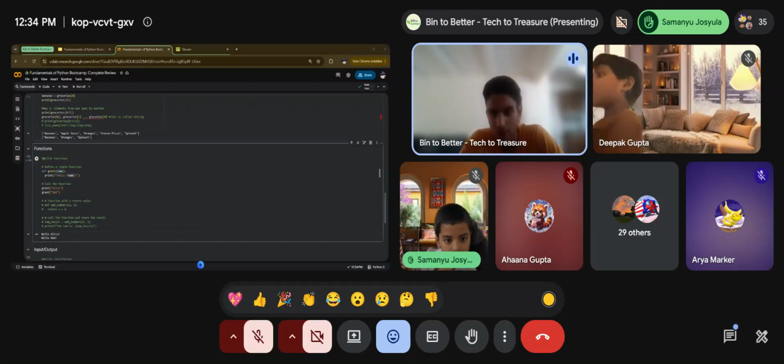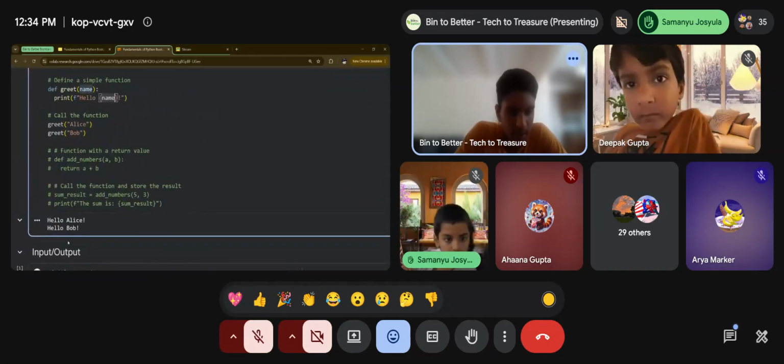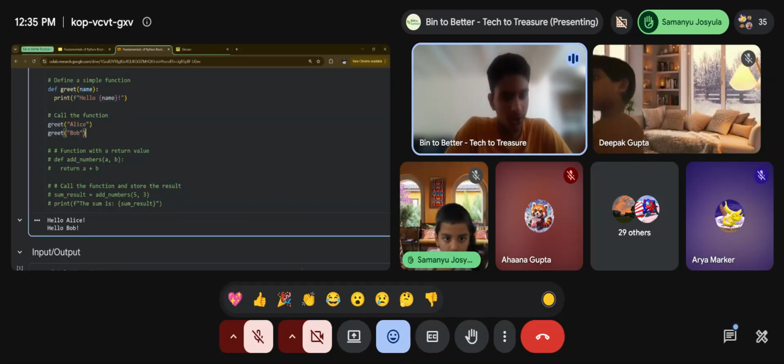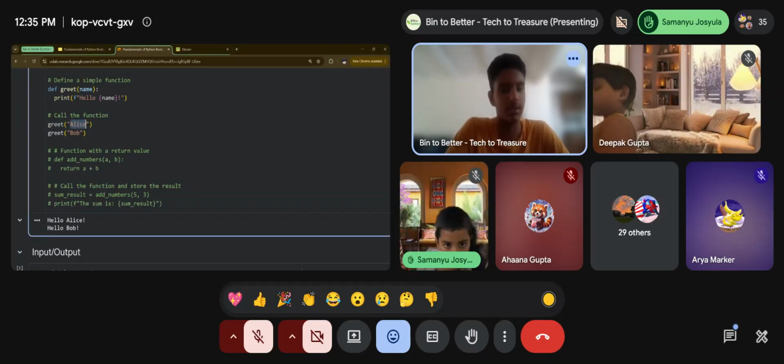Let's see what happens. Okay, so now our output here, as you can see, is hello Alice and hello Bob, right? Now, if you notice here, when we're calling the function, we are giving it the input. We're giving it the name, right? Alice is the input. Bob is the input, right? So if we go through how Python